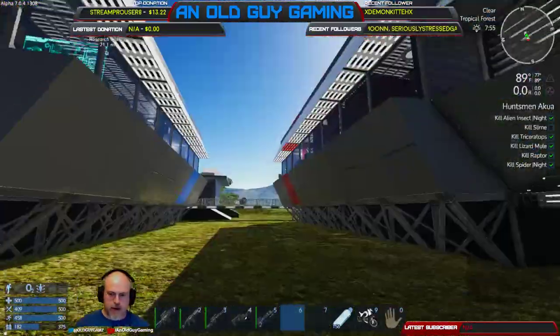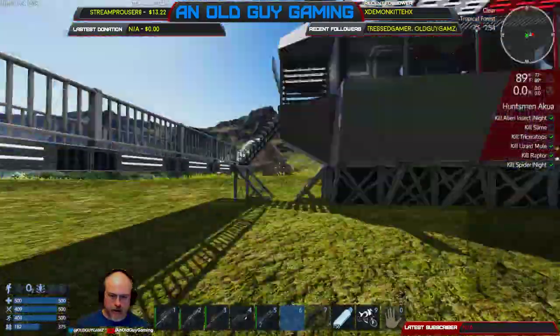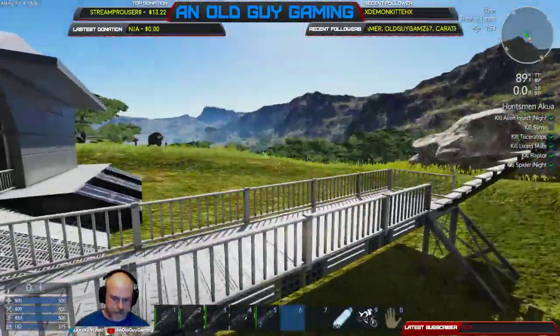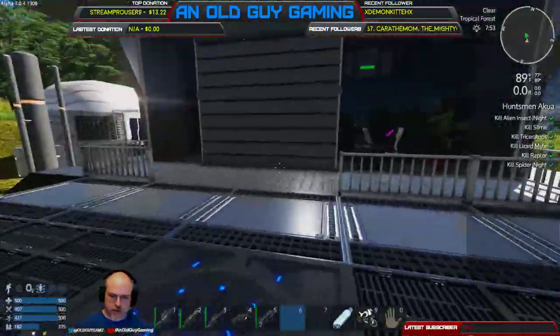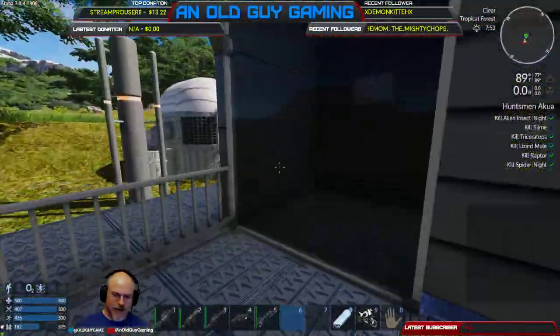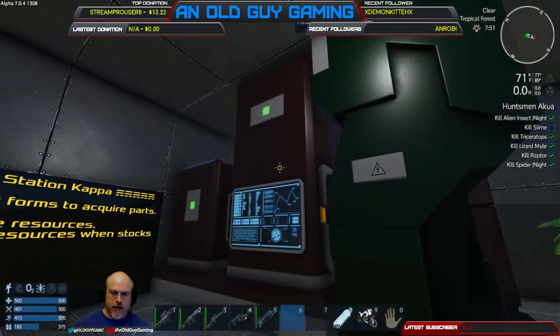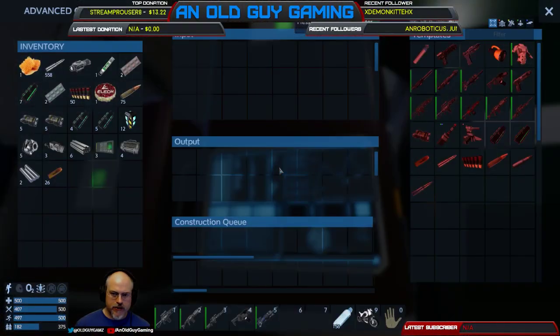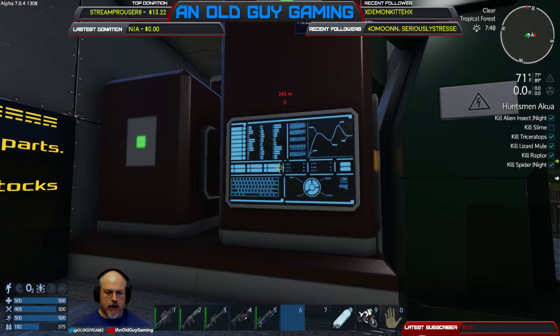So this is one of the POIs in the game. And there's aliens here that are neutral. But the funny thing is they'll let you basically rob them blind. So you can come in here and basically take their stuff. One cool thing, though, is that this is an advanced constructor. So this is new. They didn't have this in the game when...